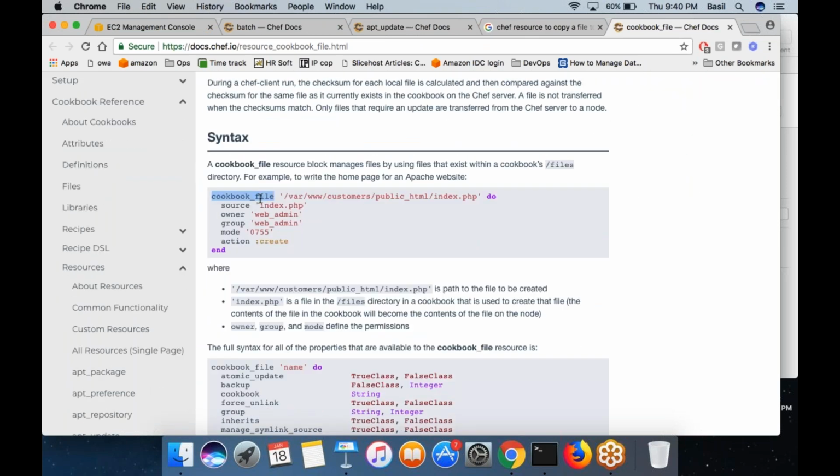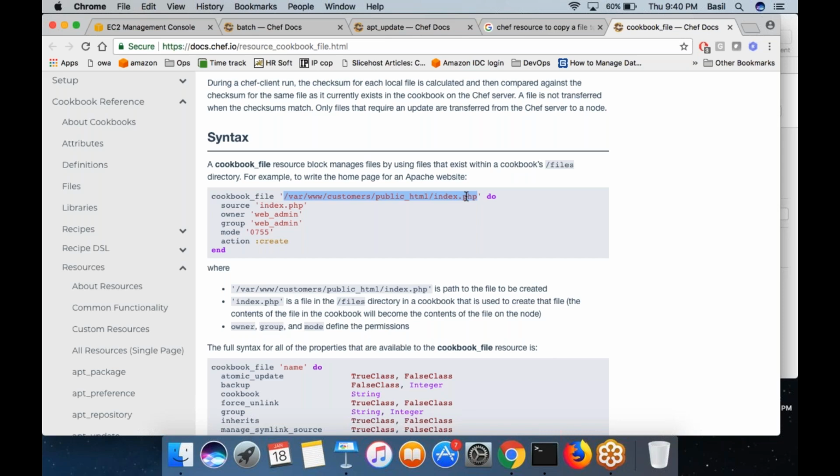So basically you mention cookbook file, then over here you mention what file should be present on the node, basically /var/www/html/index.php or /var/www/html/index.html. You can mention the file location on the client node, not on the chef server.